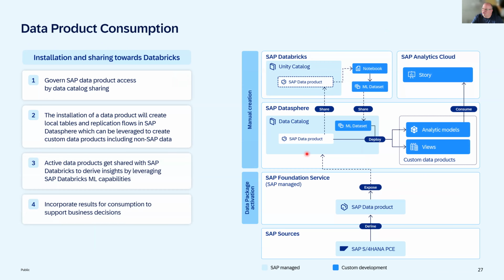It looks a little more complex because we get an additional box here on top, the SAP Databricks with its Unity catalog. What will happen if you have a data product here, you can share it via the catalog with the Unity catalog in Databricks. That makes it available for your Jupyter notebooks where you might want to run different exercises on the data. Very often in these projects, you create new data sets, which then can be shared back, right? So this newly created, what we call here machine learning data set, right, can be shared back into the catalog of DataSphere,